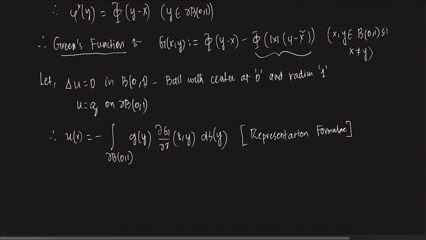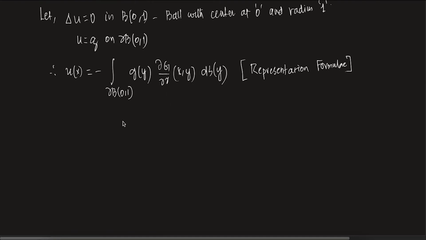Okay. Now, let's just solve this problem and see if we can do this. If I want to solve this problem, if I just calculate this thing on the boundary, then I'm done, right? I just put it in the G and I'm done. So let's just do that. I'll just show you how to do this. So G of y, you remember, the derivative is with respect to y. Whatever, let's just call it like this. This is just a notation, whatever notation you want to write it. It's not a problem.